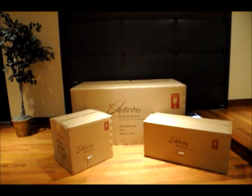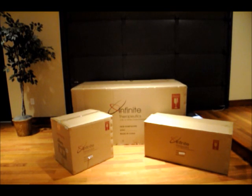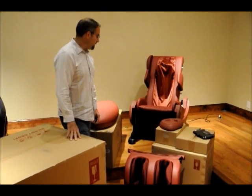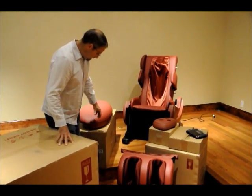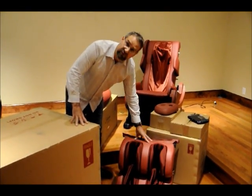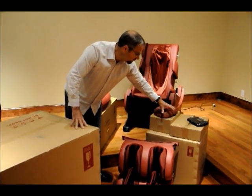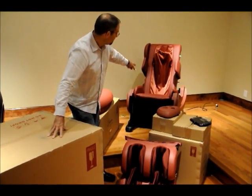This video is for the assembly of the Infinite Therapeutics 8000 series massage chair. These are the three main cartons and boxes the 8000 series massage chair comes in. The main box, the large carton, has the base of the chair. The longer rectangular box has the arm sections. The smaller square box has the footrest. And then some of the other component boxes, the speakers, the remote, are inside the main box along with the